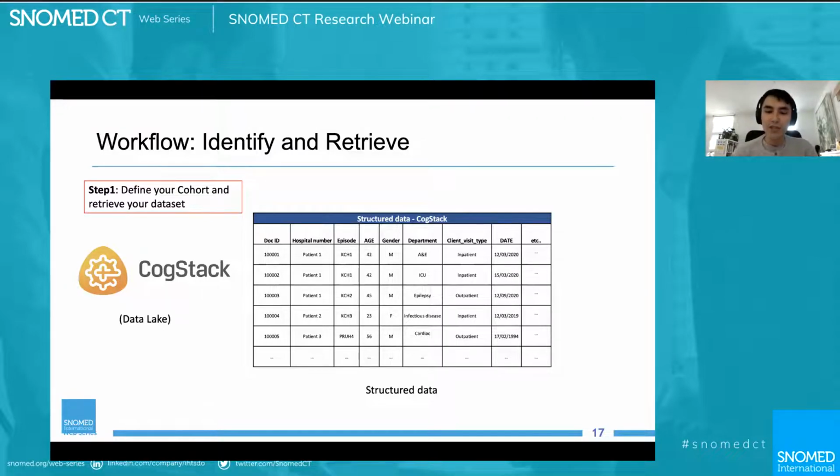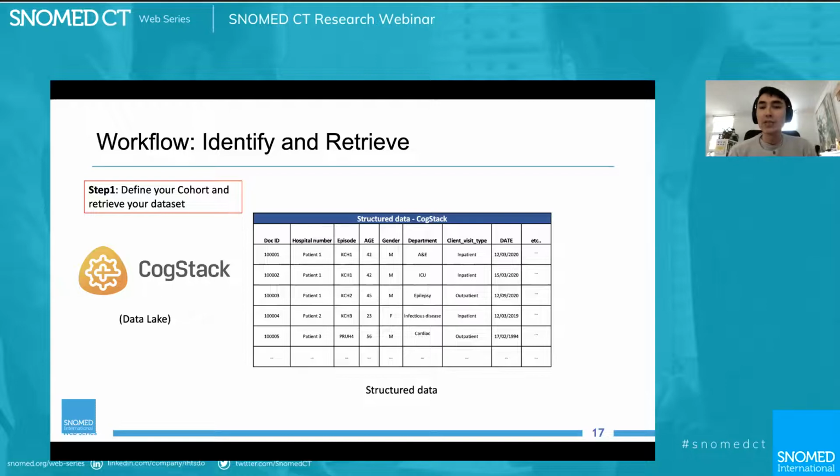That's really to first of all define your cohort and retrieve your data set dependent on whichever question you're looking to answer. If you're looking to answer a question such as how many patients have attended the neurology clinic, you don't need to take the entirety of the patient record to do that. You can simply look at documents that have come out of that department. Same goes with A&E, or maybe you only want to look at adult patients, so above the age of 18, or maybe you want to look at pediatrics as well.